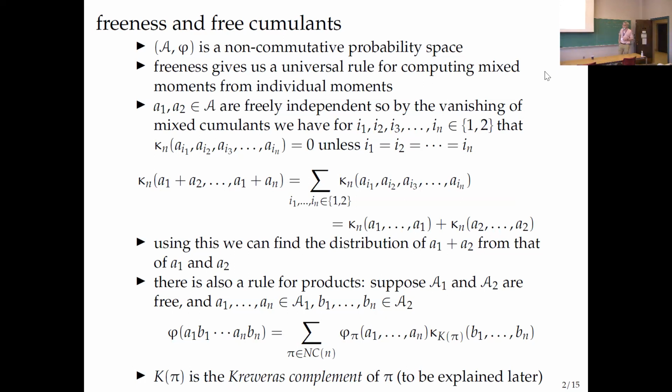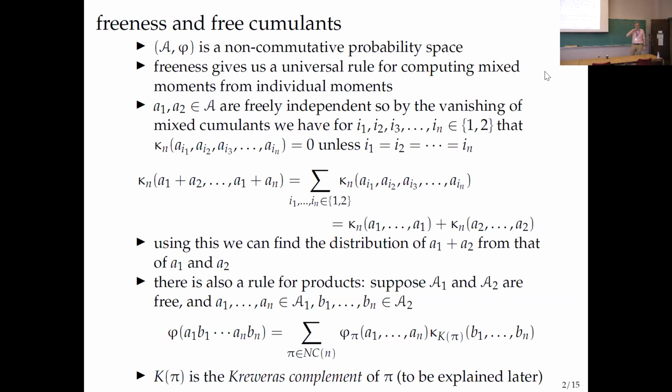And there's this basic rule about vanishing of mixed cumulants that I talked a little bit about last time, and Heilun mentioned it some more. It just repeats what he said, that the nth cumulant of the sum is the sum of the nth cumulants because all the other mixed terms go away. And that was the driving force for the R transform, because that meant if you knew the R transform of x and the R transform of y, and you knew that x and y were freely independent, then you could find the R transform of the sum.